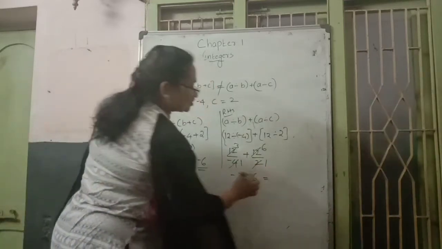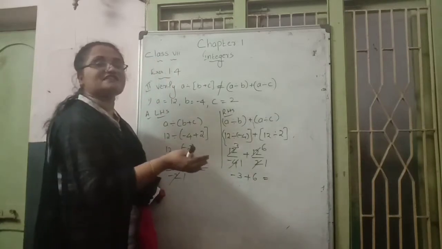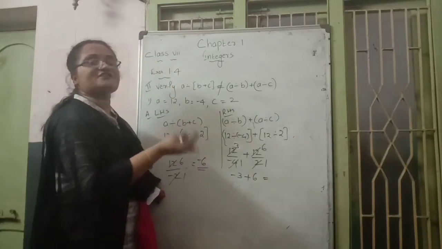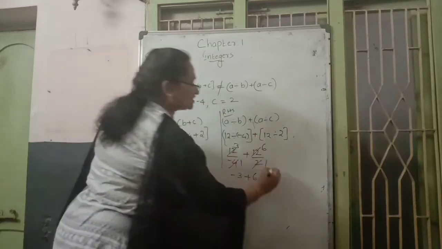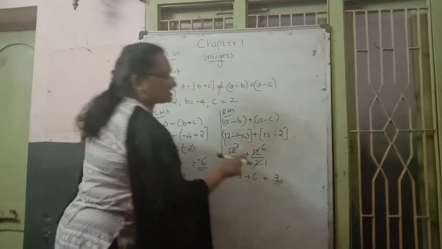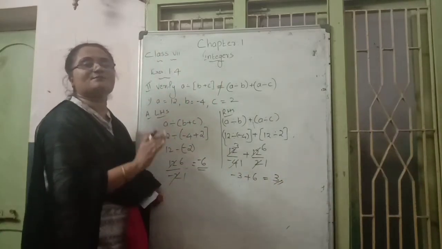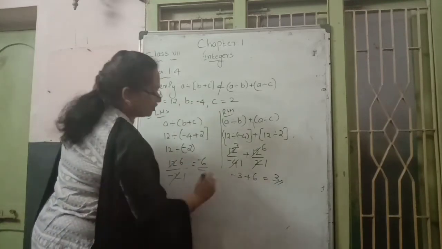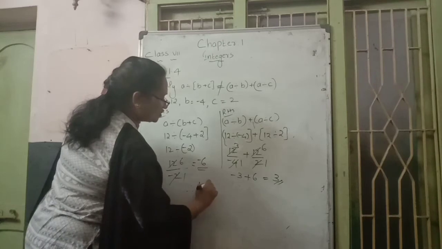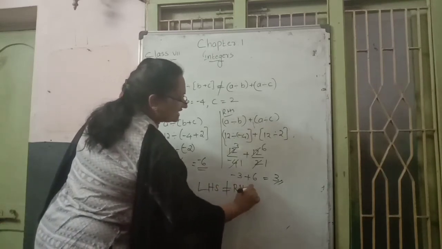Again, in which form is it? One is a negative number, the other is positive. The opposite sign addition rule says subtract and put the sign of the bigger number. So 6 minus 3 becomes 3, and 6 is bigger. The symbol of 6 is positive. That's why the answer becomes plus 3. Then see the LHS answer and RHS answer. Is it the same? No. Already we proved it. Therefore LHS answer is not equal to RHS answer.